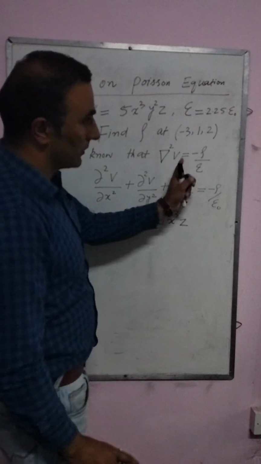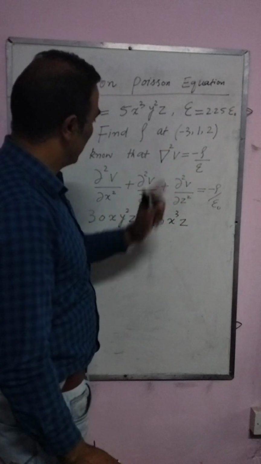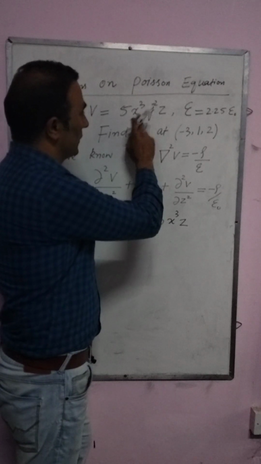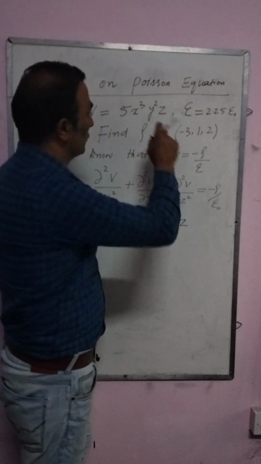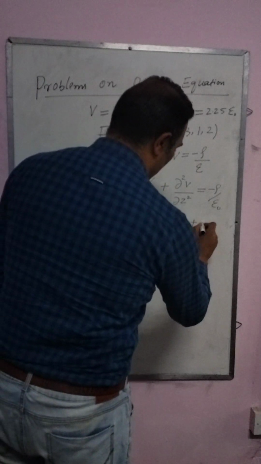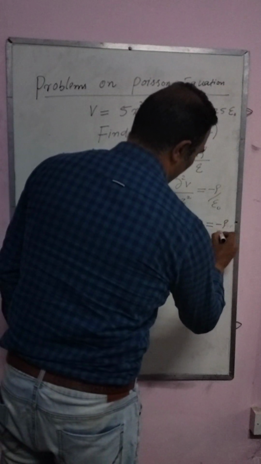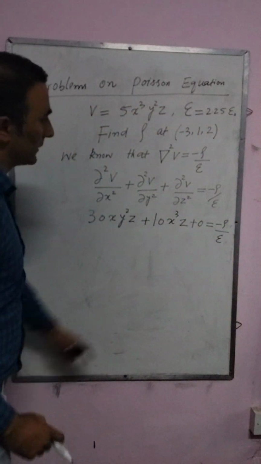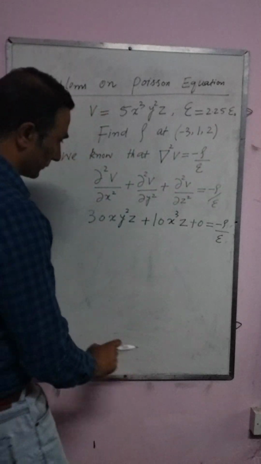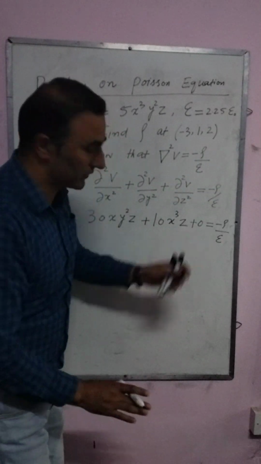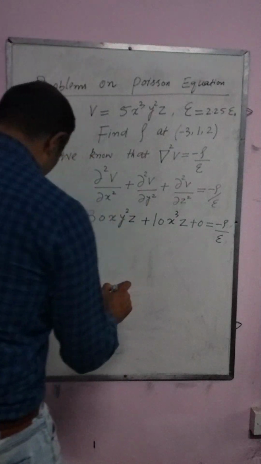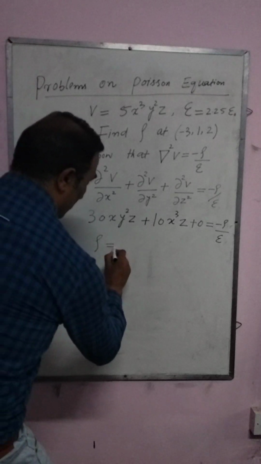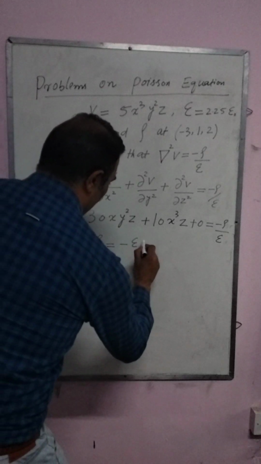And similarly, जब हम इसकी differentiation करेंगे partially with respect to z, right? So with respect to z, so first it comes out to be 5x cube y square, but again when we differentiate it, so this will be 0, right? So it will be 0. So that will be equal to minus rho upon epsilon. Okay? Because we have this epsilon equal to this, right? Because our space is not free, so it has some permittivity here. Okay, so let us write now. So this will be equal to, or you can write that rho will be equal to minus epsilon